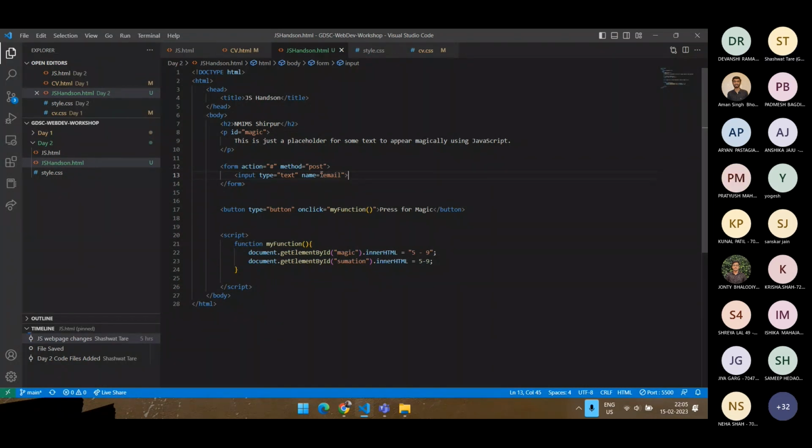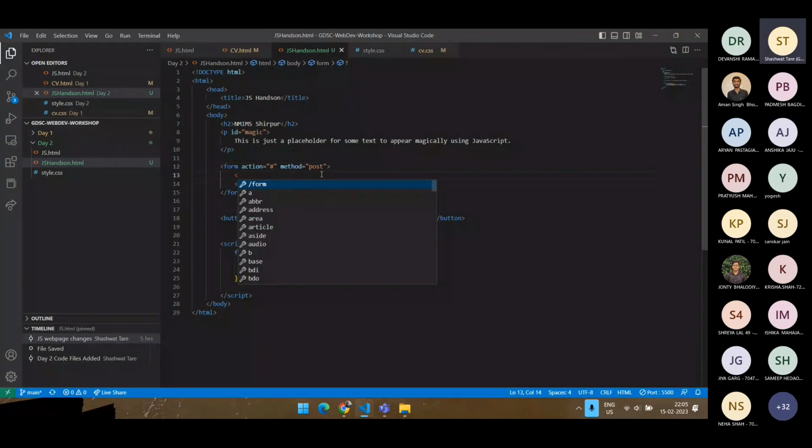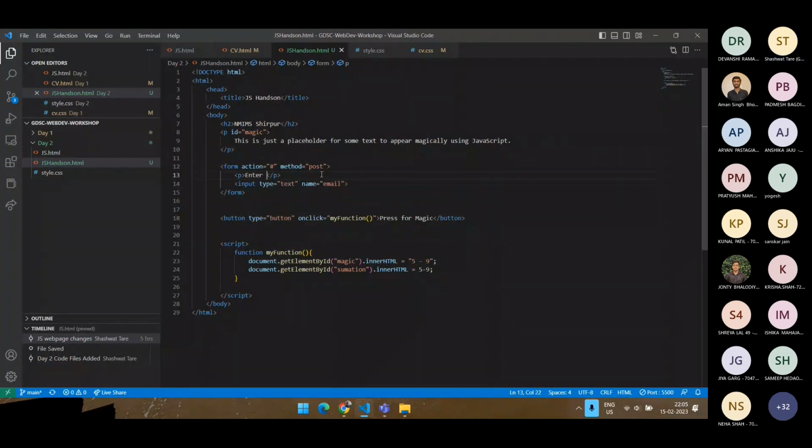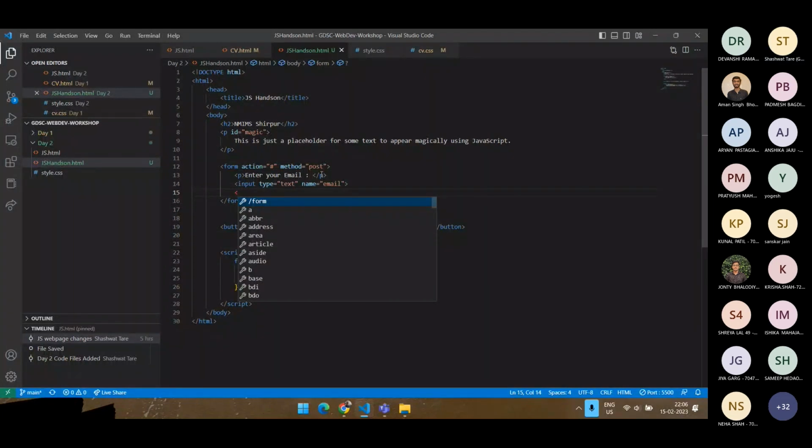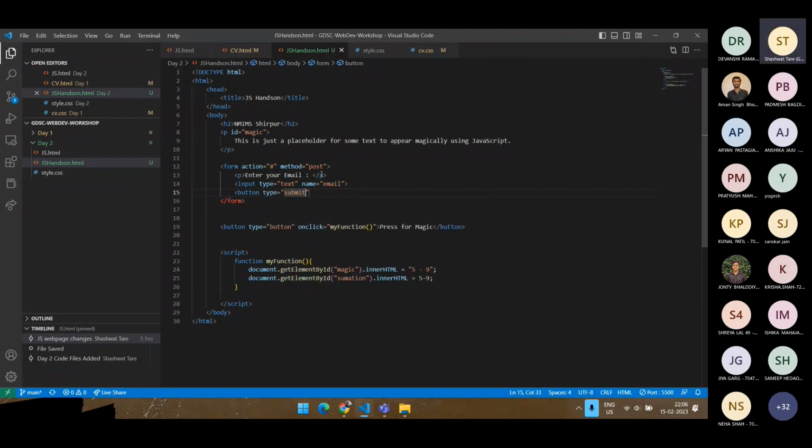एकदम बढ़िया से एक ईमेल आ जाएगा इनपुट में। इससे पहले पी टैग ले लेते हैं अपन। पी टैग में लिख देंगे एंटर ईमेल, कि यूजर को भी पता चल जाए यहाँ पे ईमेल ही डालना है। उसके बाद फिर हम लोग एक सबमिट बटन ले लेंगे। टाइप कि इसमें मेरे को फॉर्म सबमिट करना है, और इसको भी नेम दे देते हैं, ये सबमिट है।